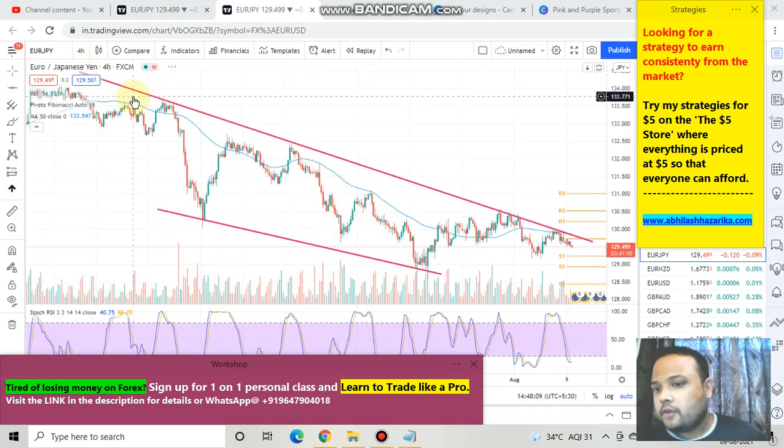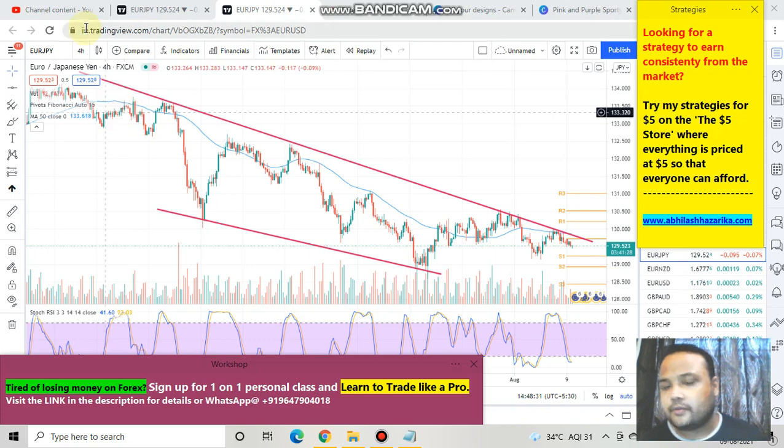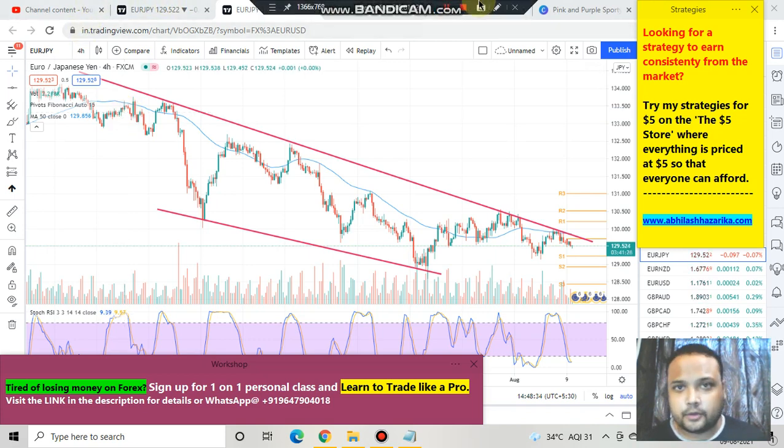If you look at the overall chart here, we can easily see that this market is in downtrend. There is no doubt that this market is in downtrend. And as we all know, the basic rule, the thumb rule of the market says, follow the trend. Following the trend means if a market is in downtrend, go for selling opportunities. If a market is in uptrend, we should mainly look for buying opportunities. And this market is in downtrend, therefore we should mainly look for selling opportunities.